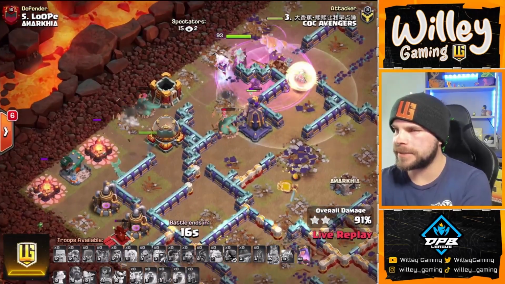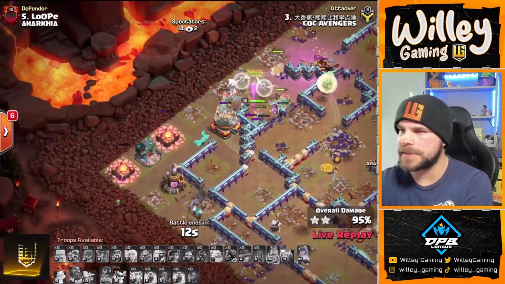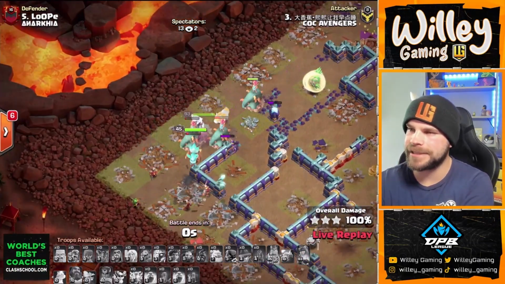Root Riders are onto the Monolith now. And down it goes, and he's got this. 12 seconds to go. Pop the Queen's ability. And that's going to be a triple for COC Avengers, keeping their hopes alive in this match. Nice attack